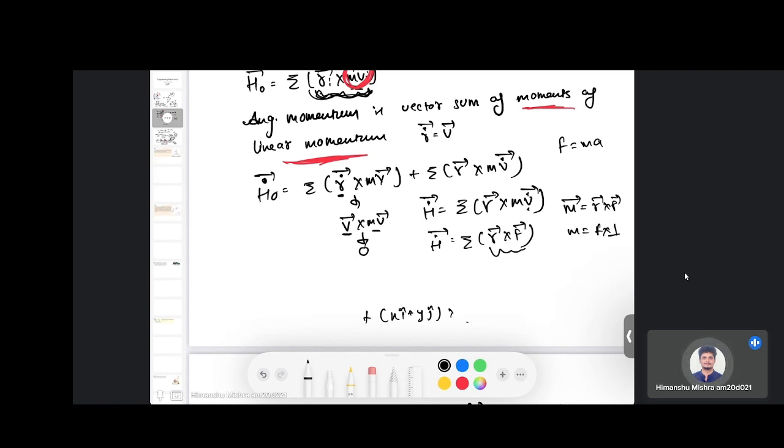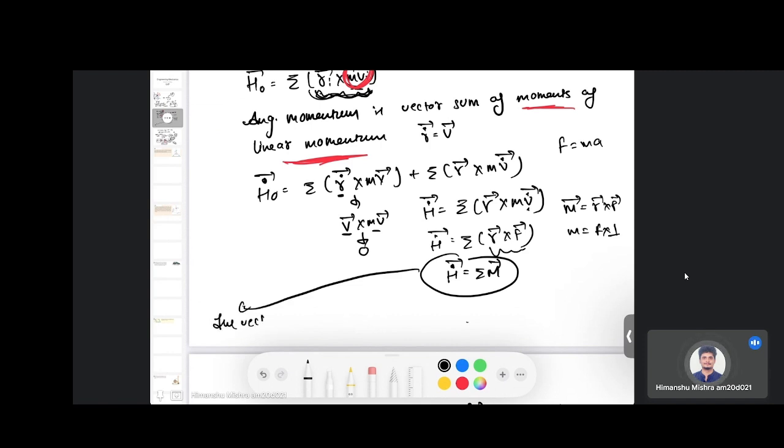So this is actually the moment, so H dot equals summation of moments, right? So this quantity tells you the vector sum of moments is equal to the rate of change of